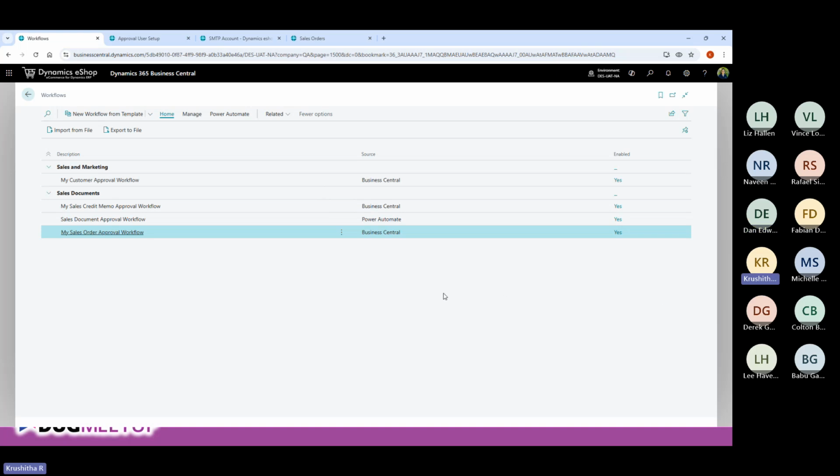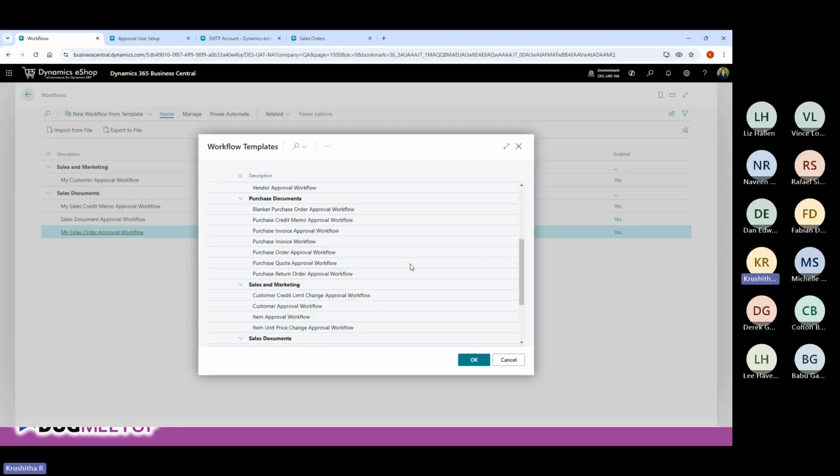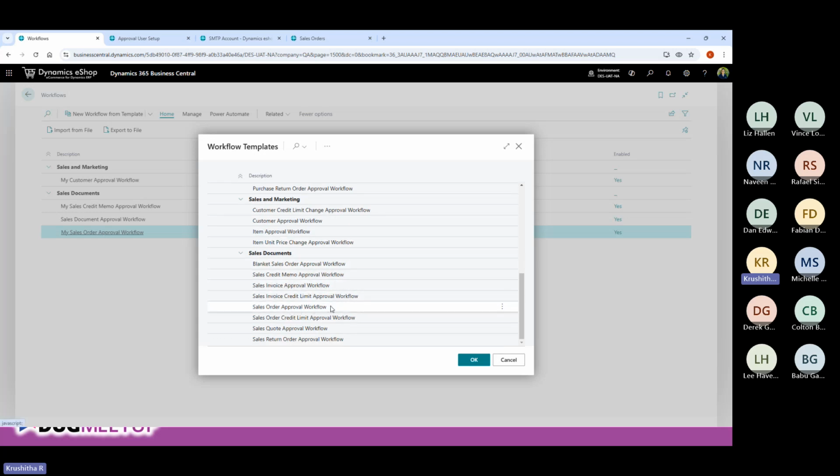All right. I just did a quick search for the workflows. This is pretty similar to how it looks within finance and operations as well. You have a set of templates to use. We're going to look at this particular My Sales Order Approval workflow. I created this using a standard template. I'm not going to create it all the way, but I'm just going to quickly show how I did it. I selected the sales order approval workflow,